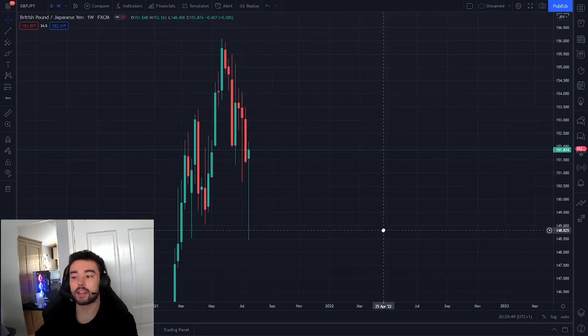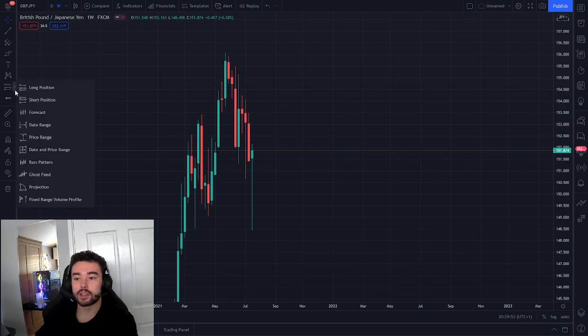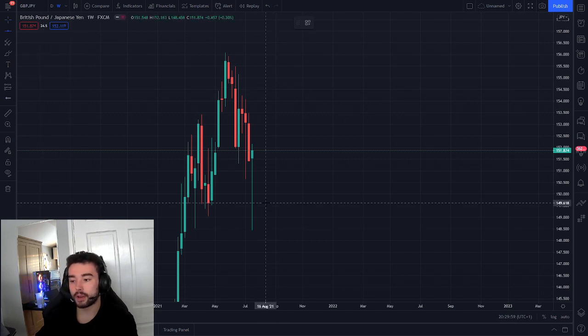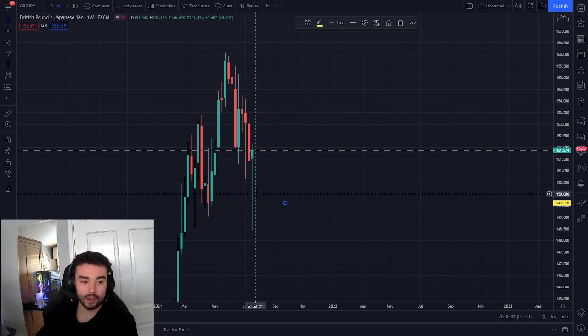Now we can see that last week we dropped down to a critical level, and I'll pin it on one of my horizontal lines here. You actually drop back down to these levels. So this is 149.6. We came all the way down, okay? Then throughout the rest of the week, Wednesday, Thursday, Friday, we started retreating back up and actually closed bullish. This means the weekly time frame closed higher than it did last week, which is ridiculous because we dropped literally